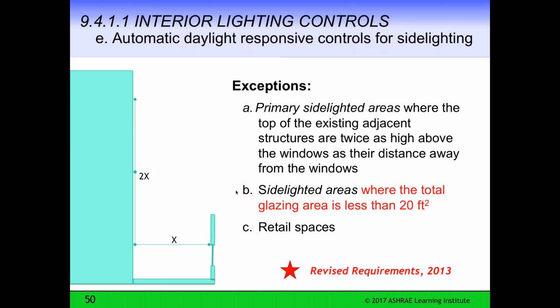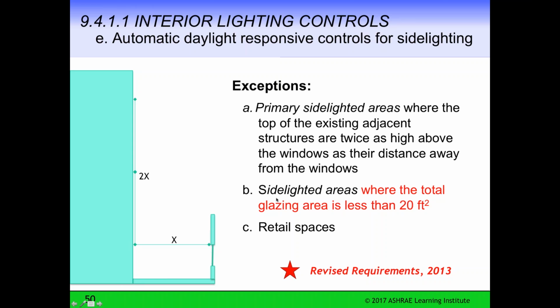There are some exceptions. If the top of an adjacent structure, here's your window, and inside is to the right, if the building is within X feet of the window and is higher than 2X dimension, then you don't have to have daylighting in the side lighted area.